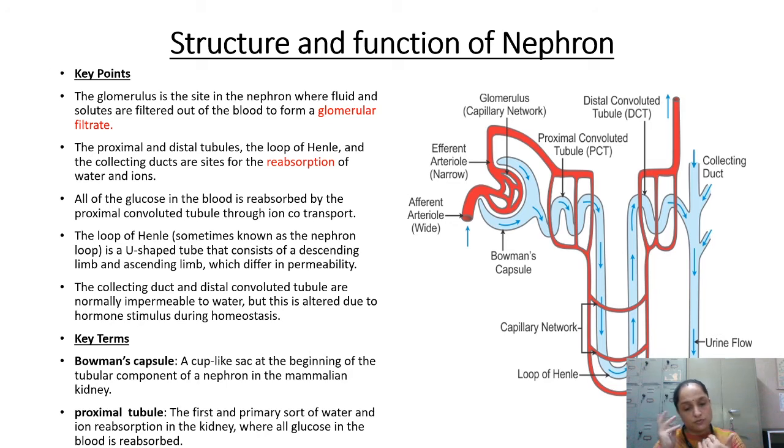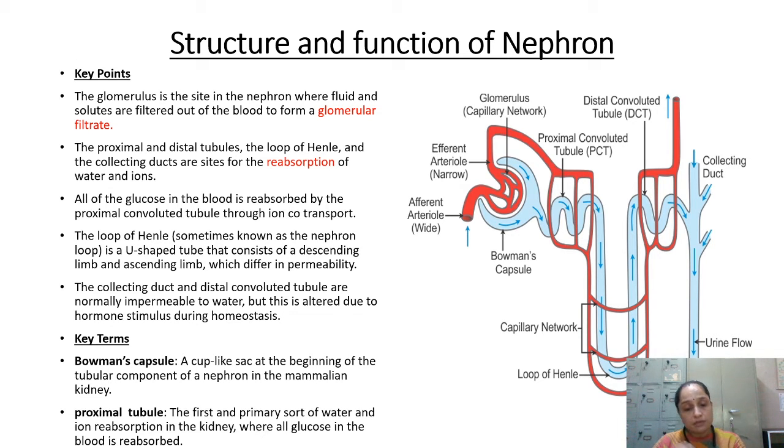Let me tell you about three processes. First is ultrafiltration. Ultrafiltration is going to happen in between the glomerulus and the Bowman capsule. ठीक है, ये Bowman capsule और glomerulus के बीच में जो filtration होने वाला है उसे हम बोलते हैं basically ultrafiltration. Then it is going to proceed further. When we come to the PCT, then loop of Henle, then distal convoluted tubule, whatever process is going to happen in this part will be reabsorption. Why reabsorption? I'll tell you.